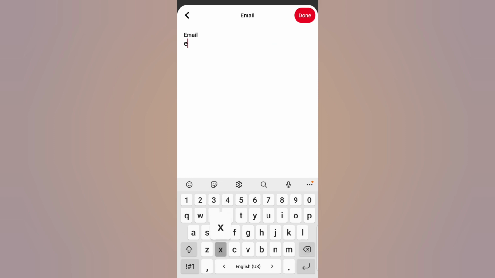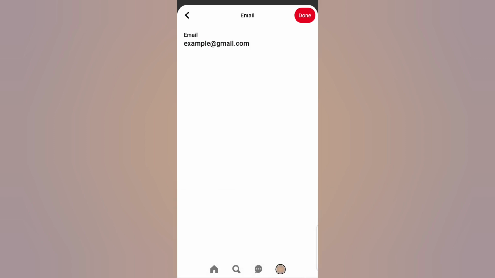So this is the example email address. And once you're done, click on the red button at the top right of the screen that says done, and